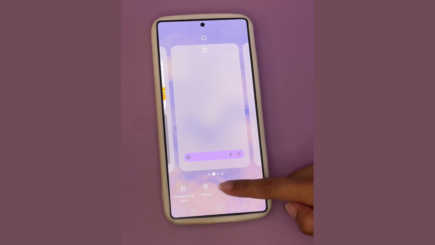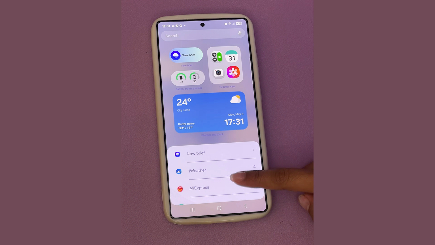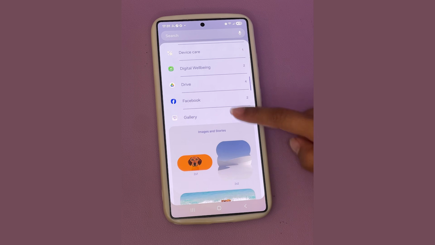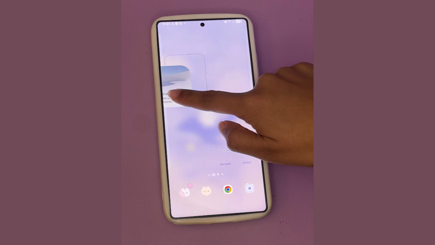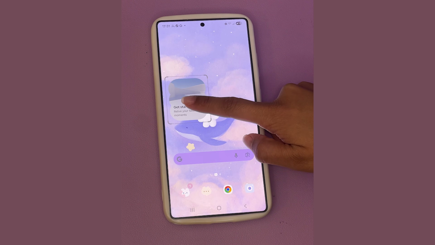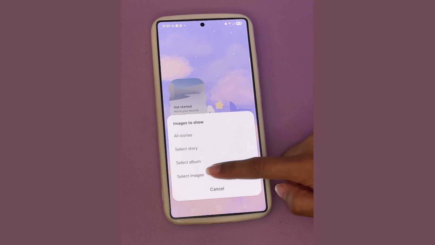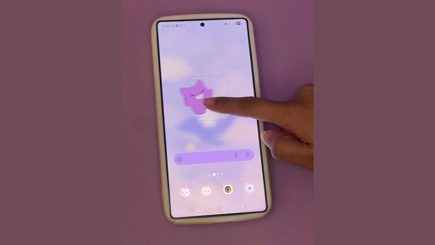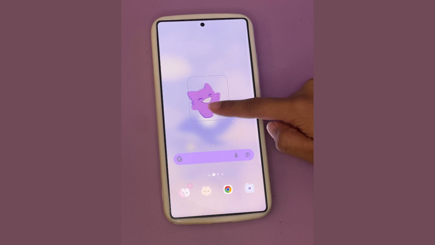To add your own custom stickers, you're going to go into widgets, and then you're going to scroll all the way until you find the gallery widget and add a 2x2 widget and add that to your home screen. Then you're going to click on that, and then you're going to select images. Make sure your image does have a transparent background, and by default you can only move it in certain spaces